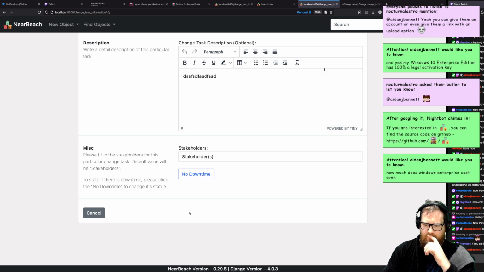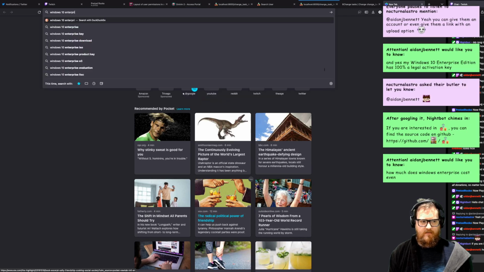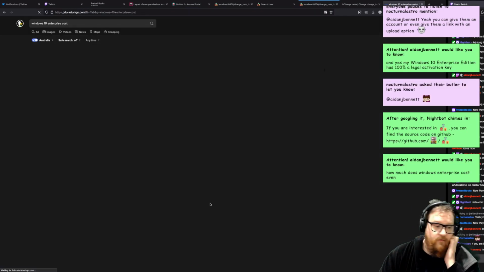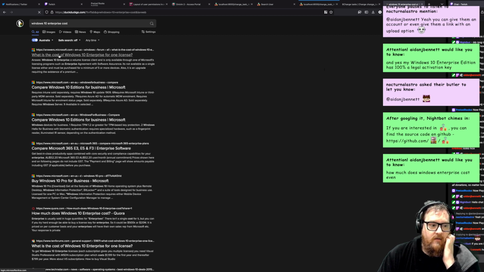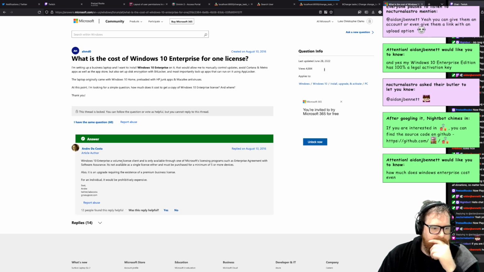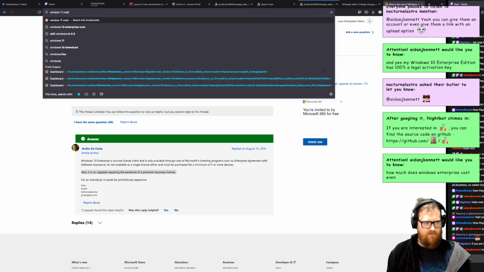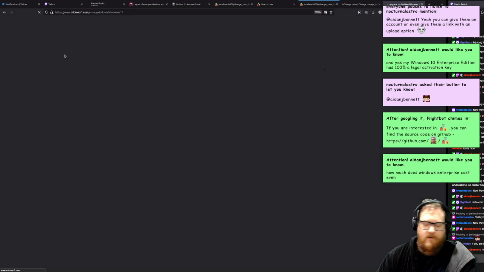How much does Enterprise cost even? That is actually a really good question for Windows 10 Enterprise. I honestly don't know. But you get a lot for Enterprise from what I faintly know. There's a volume license, client licensing program, yeah. So you need to buy 5. How much does Windows 10 cost? Windows 11 cost? Because